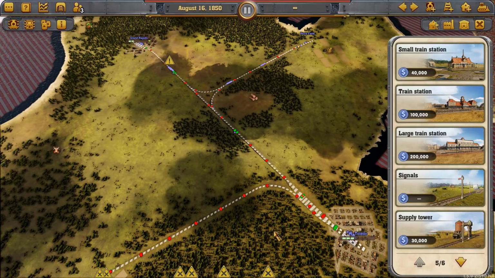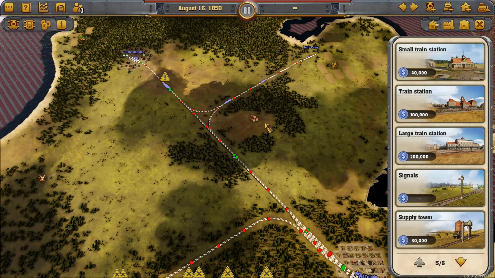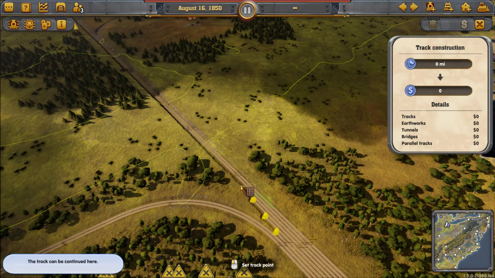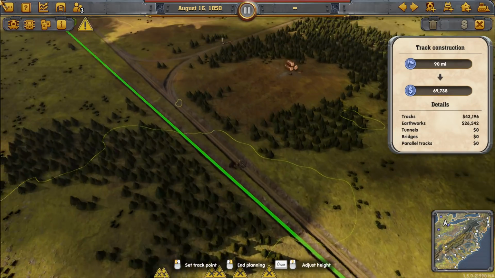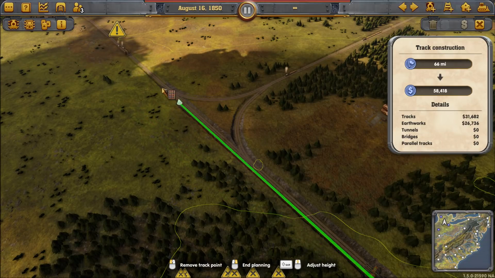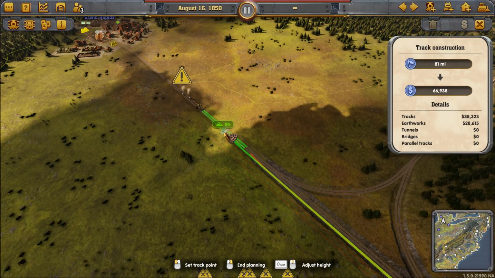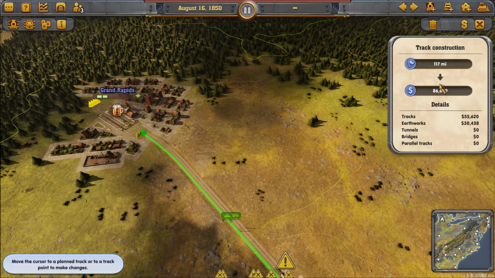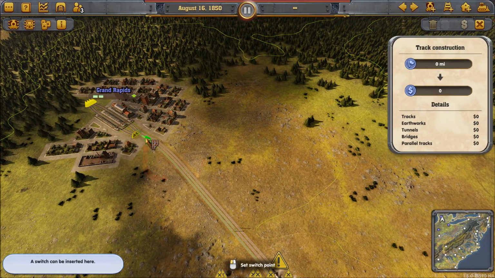All right. Let's see. What else would we like to look at? Oh, and just to finish off this thought, let's take this line here. I'm going to run this line all the way up like so, and run it into Toledo. Let's say we were doing our point-to-point thing, our Superhighway of Track,